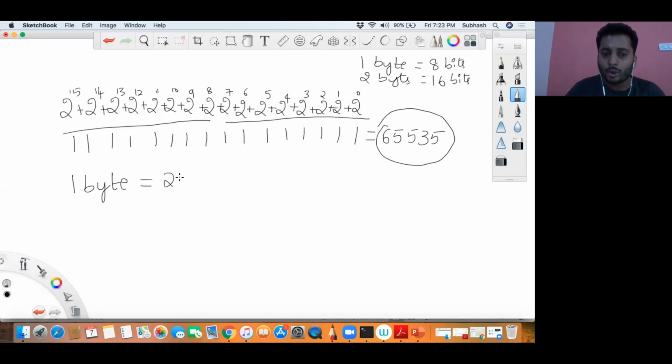And if I give you 1 extra byte, that is, if it is 2 bytes, then the maximum value that you can store is 65,535. Understanding this is very important for you to learn the basics of digital electronics. That is the reason I showed you this very clearly. Okay, having said that, we'll move on to the next slide. Hope you guys understood this.